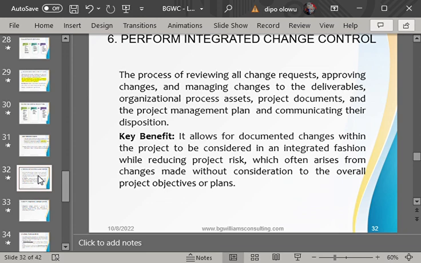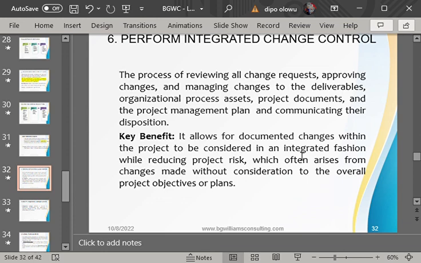And I also mentioned that every other aspect can be changed. And I also said that for those changes to occur, there must be a process they must pass through. And that process is what we refer to as perform integrated change control. So every other change that needs to be done in the project must pass through this process.